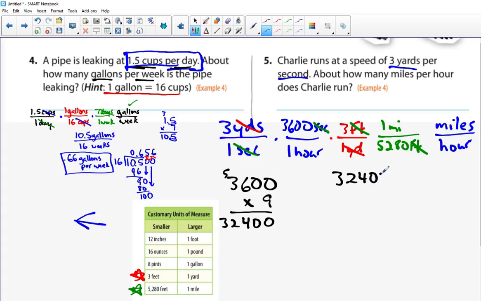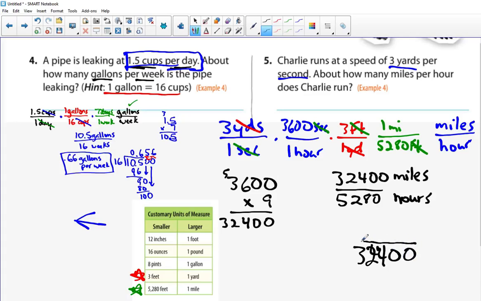I'm not excited about this next step. Over, we have 1 times 1 times 1 times 5,280, which is just 5,280. So he is going 32,400 miles every 5,280 hours, which is a super not useful number here. And since you all are here, you're watching this, we can set this up. Maybe I can set this up. 32,400 divided by